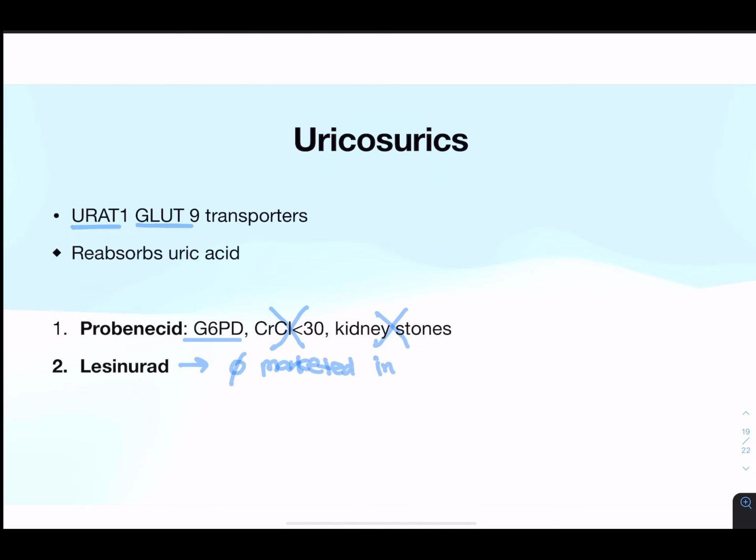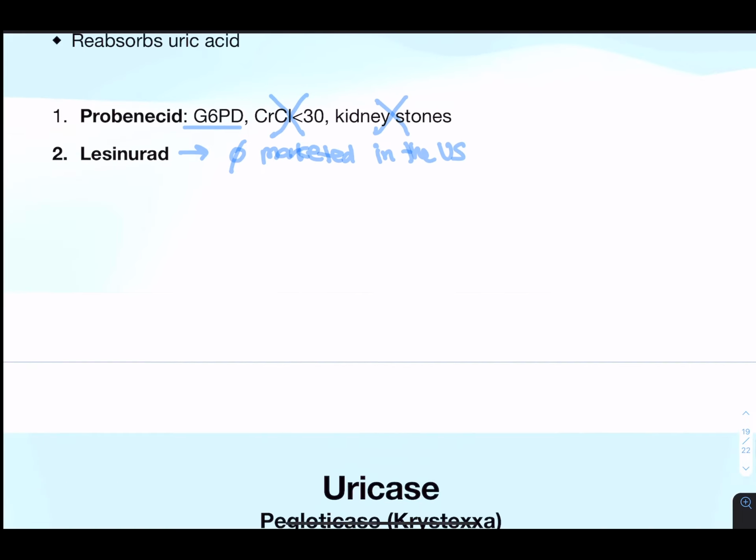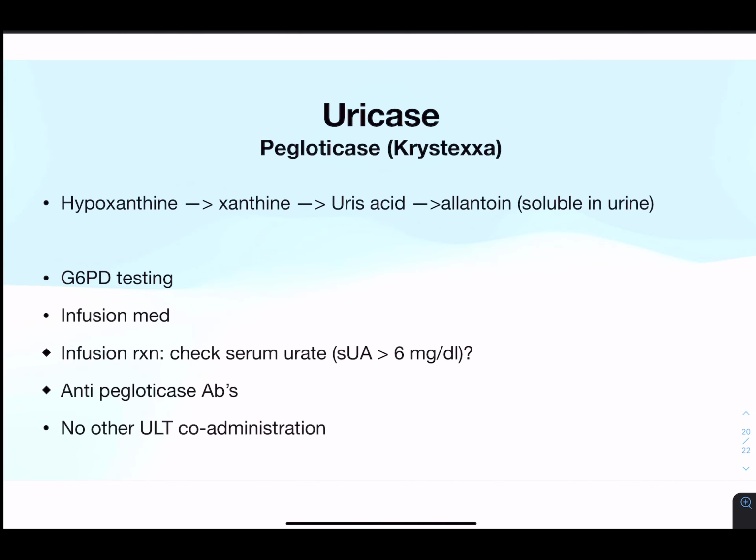Let's move on to uricase. So pegloticase is the medication, and this goes by the brand name Krystexxa. And uricase has a really fun mechanism of action. So hypoxanthine goes to xanthine, and then it goes to uric acid. And xanthine oxidase inhibitors will block the pathway at steps 1 and 2. Uricase actually turns uric acid that is not soluble to soluble allantoin,